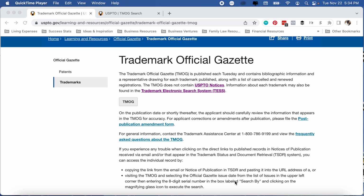So you can think of this as kind of the different phases of trying to get your trademark registration. Before you even file the application, you do your clearance search. Then once you file the application, it takes about 6 months for the USPTO to even pick up the application and start looking at it. They can send you some office actions, and then once you're done with the office actions, you can move on to the phase of being published for opposition. This is pretty much the last step before your registration is sent, and so it's important that you understand what's